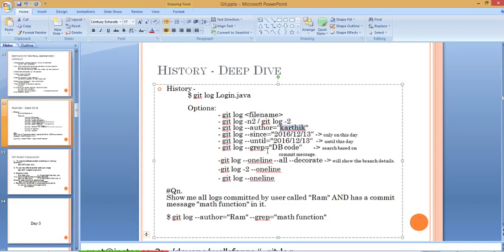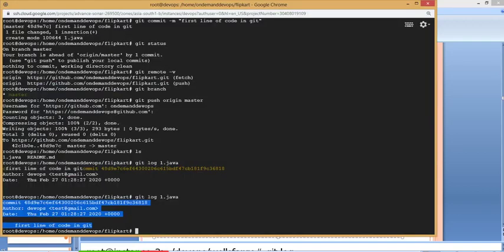Likewise, let's say I just know the commit message. I don't remember who did it and when, I just remember the commit message. It might have some code or some line in it. In my commit message, I just want to get a commit which has the first line in it. So git log